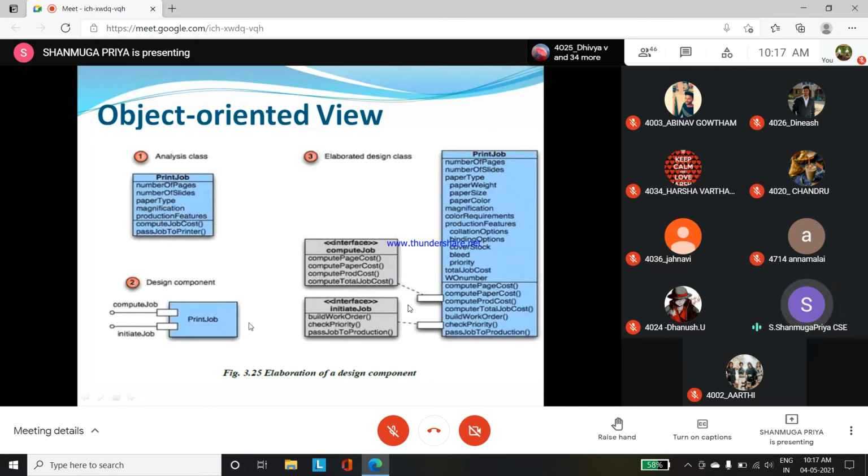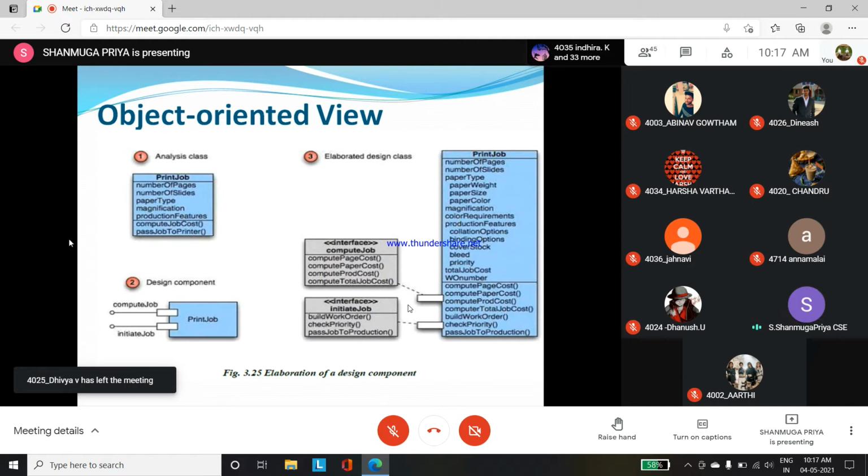That is the component level. That is the notation we use in component level design. Other than that, we use a small line symbol which tells whether it is connected with any interface or not.